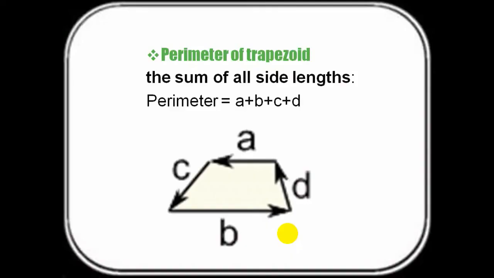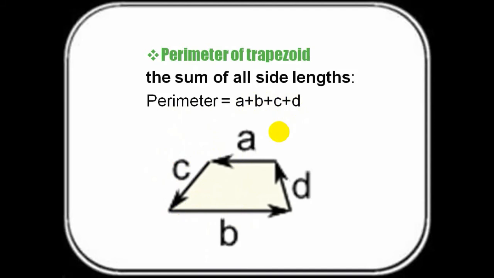Now to find the perimeter of the trapezoid. You see over here, this is a trapezoid. These two sides are parallel. Side A and side B are parallel and side C and side D are not parallel. These two sides will intersect each other at some point. But these two sides A and B never intersect each other because they are parallel. So the perimeter of the trapezoid will be equal to the sum of all sides, A plus B plus C plus D. Perimeter of each geometrical figure is very easy and simple. Add the lengths of all the sides, and you will get the perimeter of that geometrical figure.